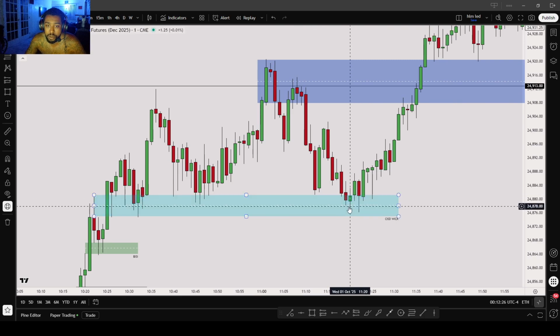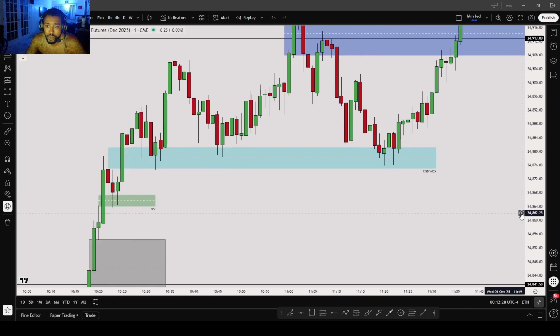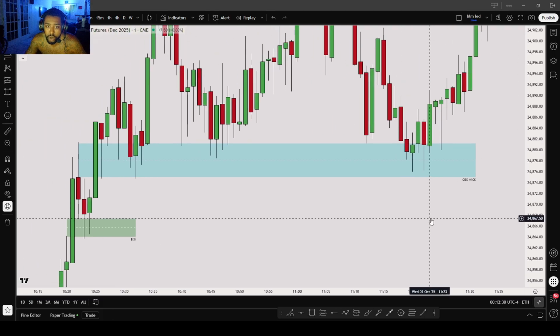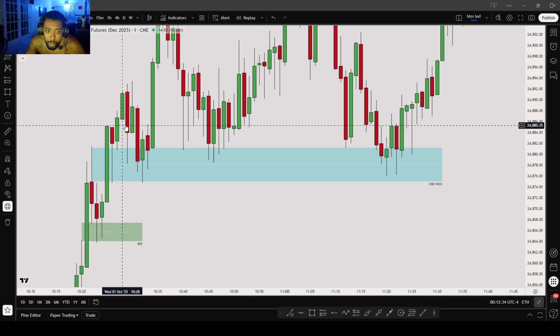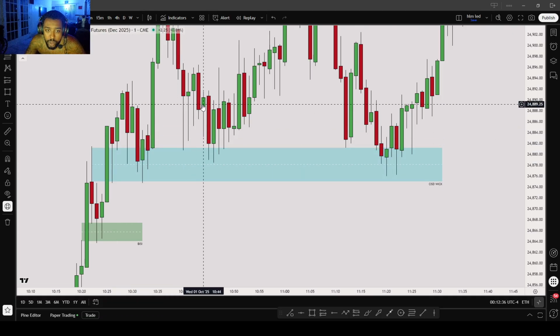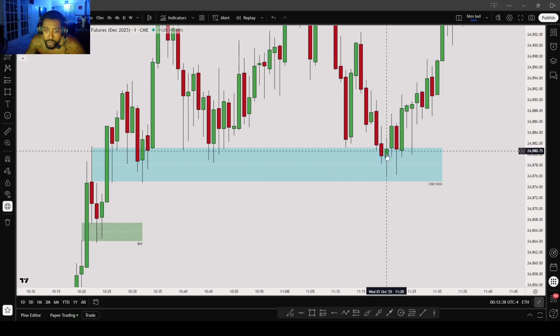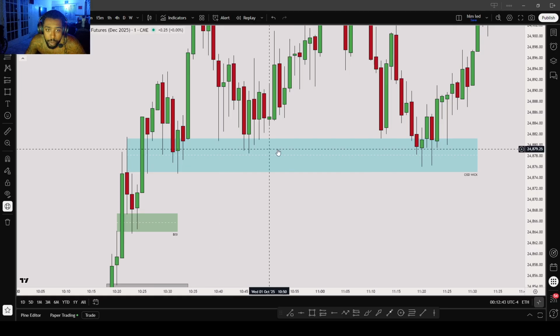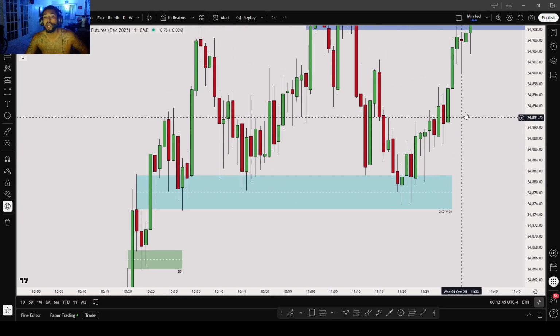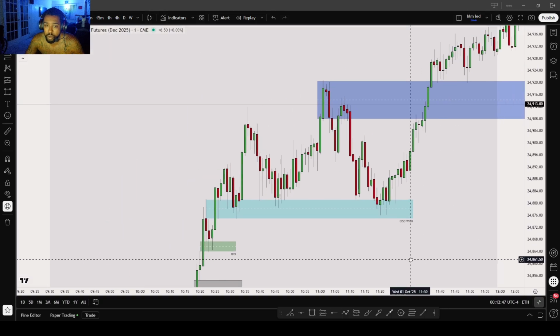See, it comes back into this wick. So you see, look at the bodies. All of the bodies are in. Look at the bodies, all of the bodies. Candlestick closes are in the upper half. Look, upper half. Look at the wick, upper half. All of these, upper half. Look at the wicks. The wicks are in the lower half, but the bodies are in the upper half. That's letting you know that you're aligned with order flow.